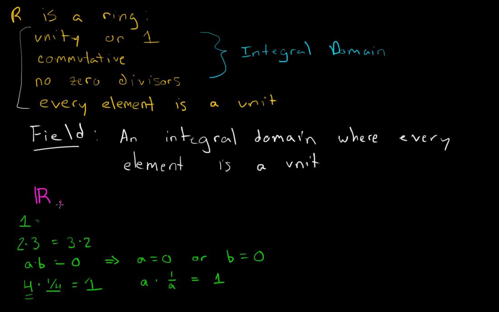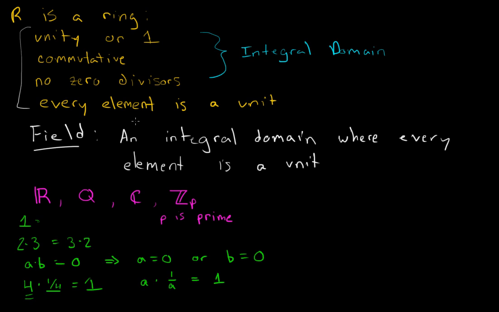Some more examples. The rational numbers also form a field. There's not really much different happening other than instead of real numbers, you have rational numbers. All of the same stuff holds. Other examples: complex numbers form a field. And if you remember from the last video, Z sub p, where p is prime, will be a field. That one's a little harder to see. You might hesitate on calling that a field because of the multiplicative inverses, but it is a field. You can verify that if you want.